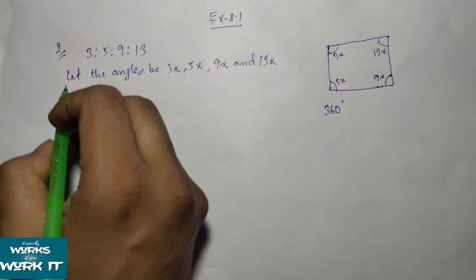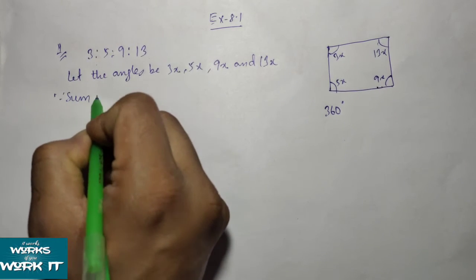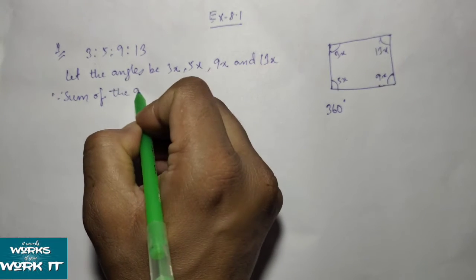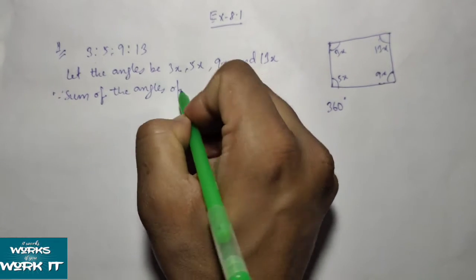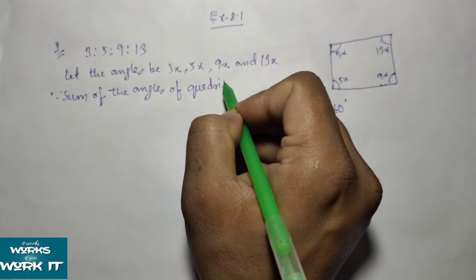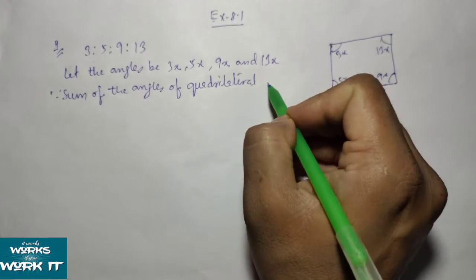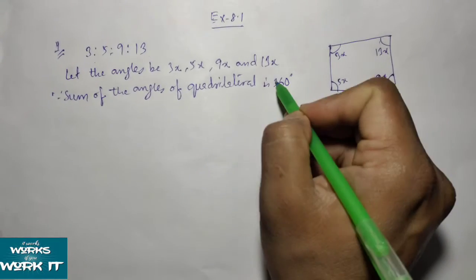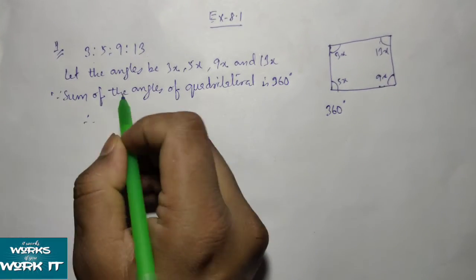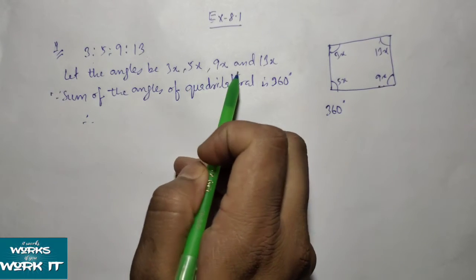So we will start from there. Since the sum of the angles of a quadrilateral is 360 degree,